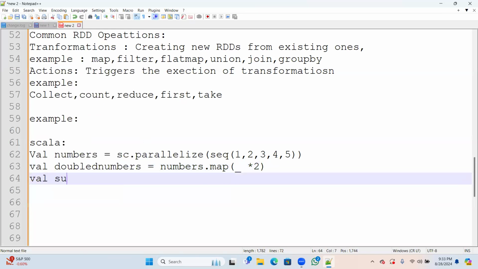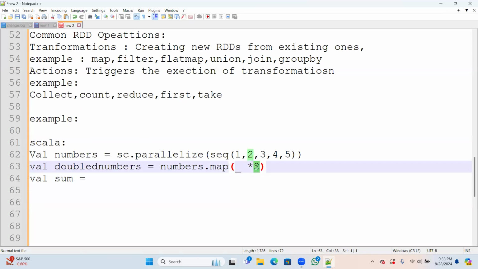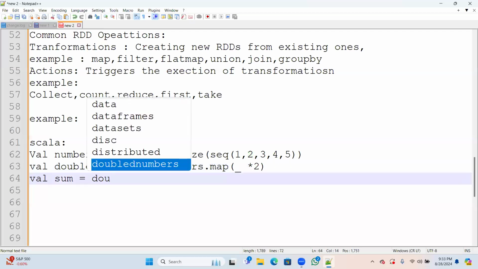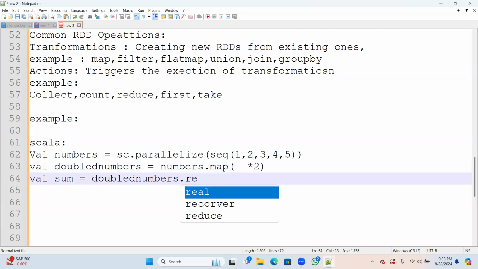And val sum: sum means whatever the multiplied values, I'll just add here, underscore + underscore.